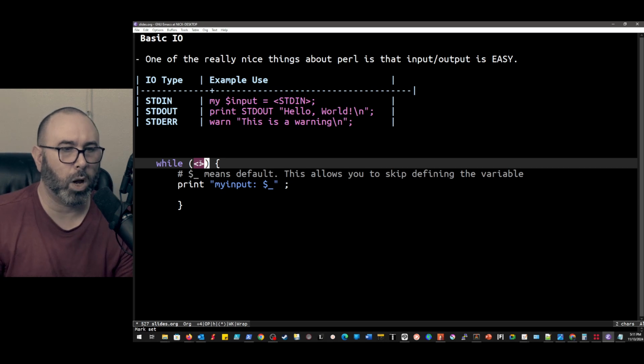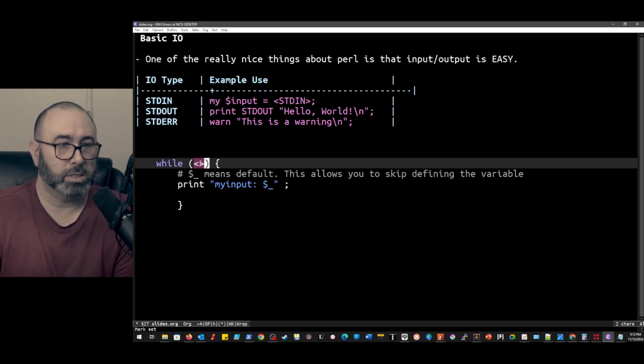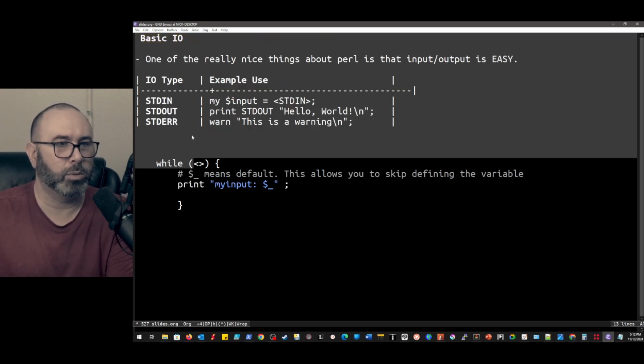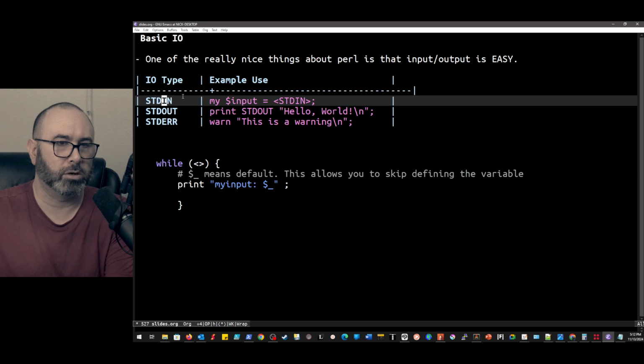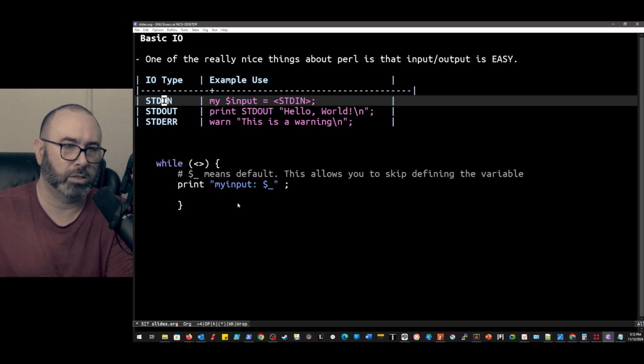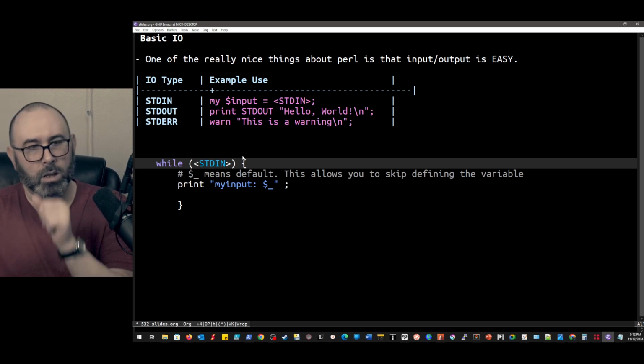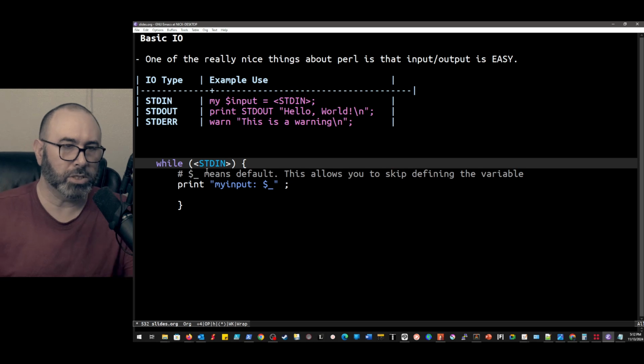So we can do something like while standard in, right? We can go ahead and get, and if we omit standard in, it defaults to standard in, right? So that's just a little cheat. Again, it would probably be nicer to write STDIN. That would be equally valid as well. But this is going to allow you to loop through input.